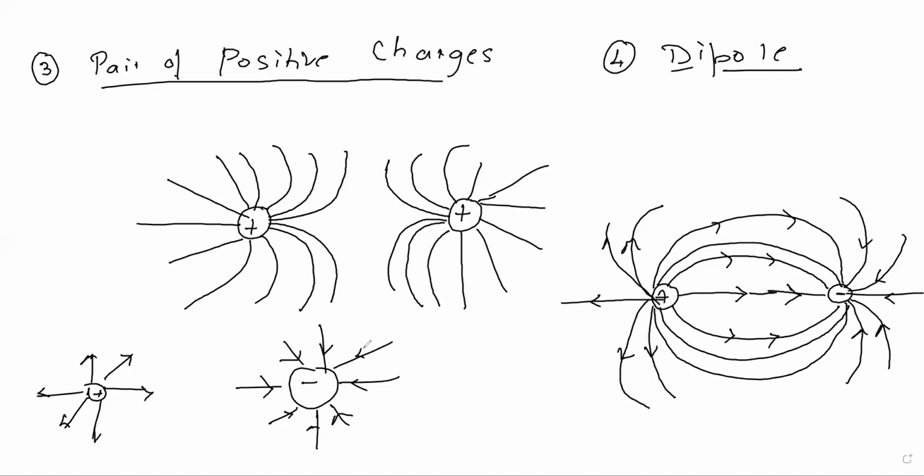In the next class, we'll learn about the properties of electric field lines, and then we'll go to the next concept. Understood? So this was all about the electric field lines. Please try to draw these diagrams neatly and practice them. Only 4 diagrams are there. You may get it for 1 mark. So please practice them. Don't lose a single mark in such simple concepts.